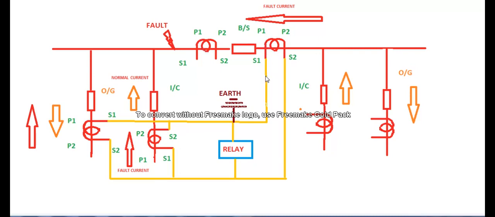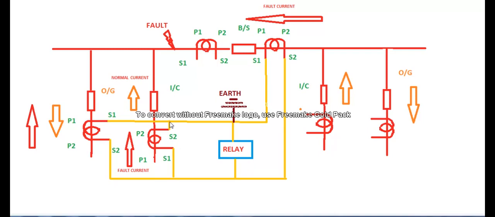Now consider the current flow normally like this. This is positive plus 1, and we already get minus 1 here, so the current summation is 0. There is no current flow here. Now here the current flows like this, so this is minus 1, and we already get plus 1 here, so the current is 0. Say the ratio is 200 by 1 ampere, and the current flow is 200. So I am telling you, plus 1 here and minus 1 here. Consider it like this so you can understand properly.